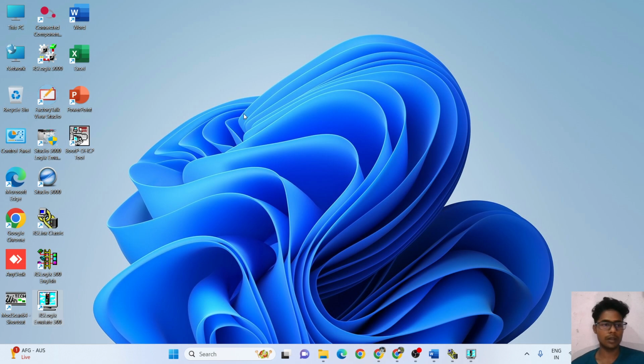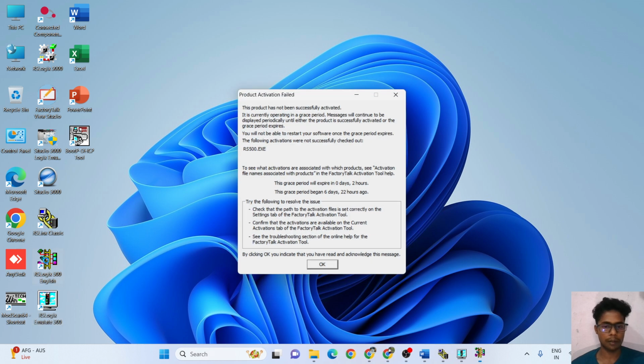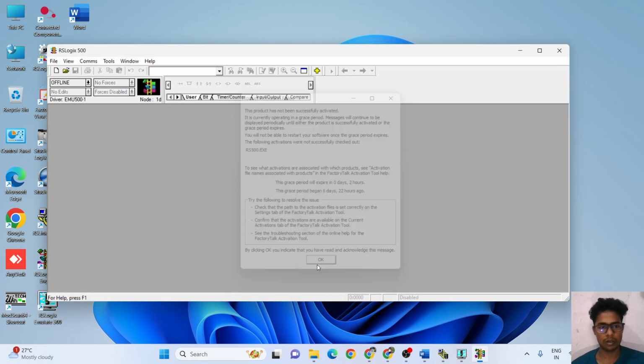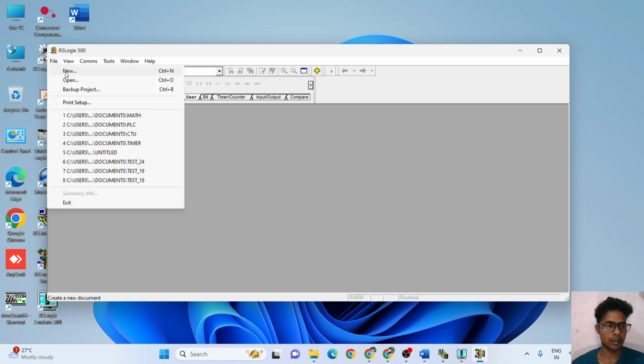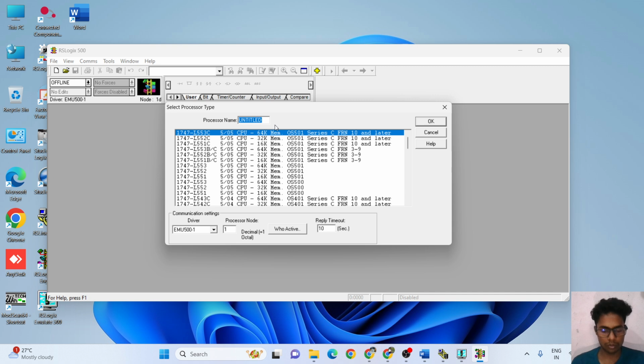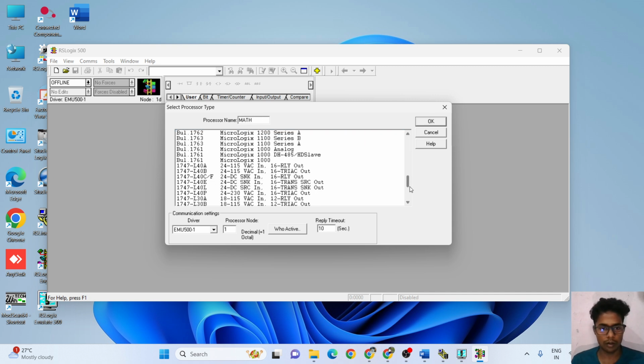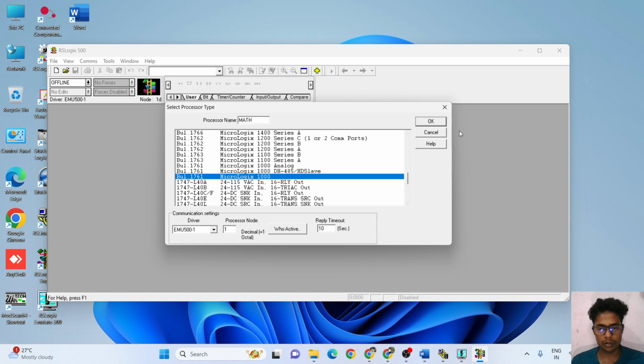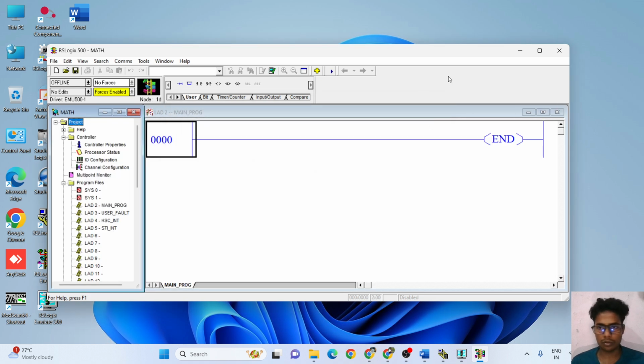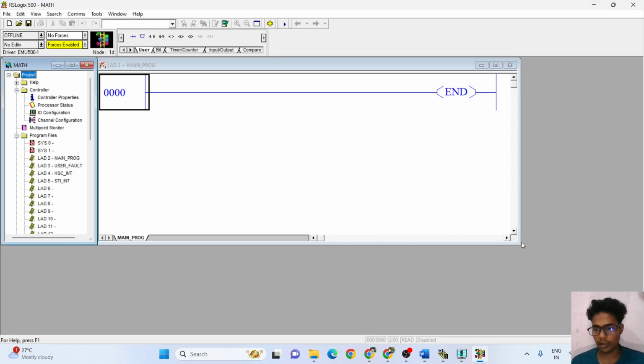So I have to delete it, go to RSLogix 500 English software, then okay. Here I have to select new and go to math instruction and select MicroLogix. I have to change 1000. So I have to maximize this.